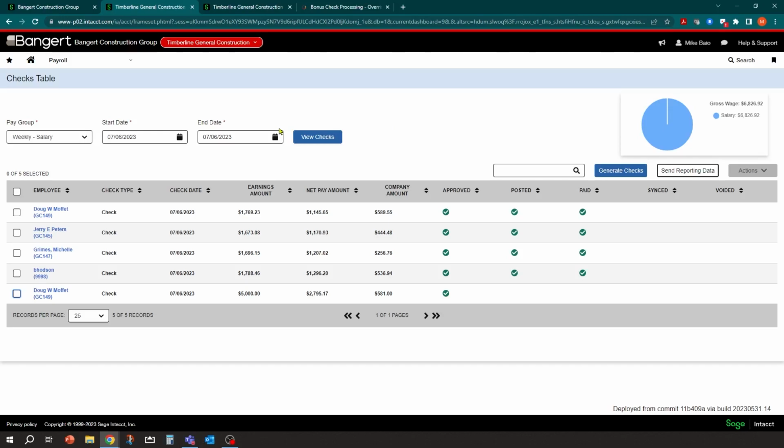You do want to have some setup information done ahead of time. You can set that up during deployment if you know you are regularly going to be doing bonuses at the end of the year or whatnot. Or you can set it up right before you're ready to do it. It won't take that long at all.